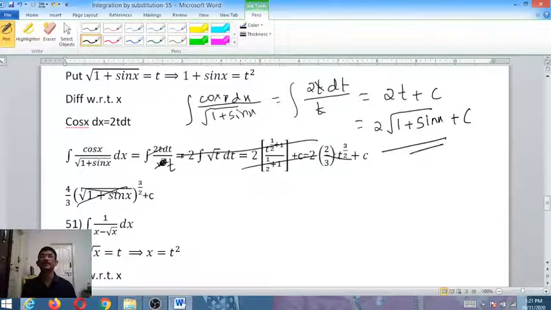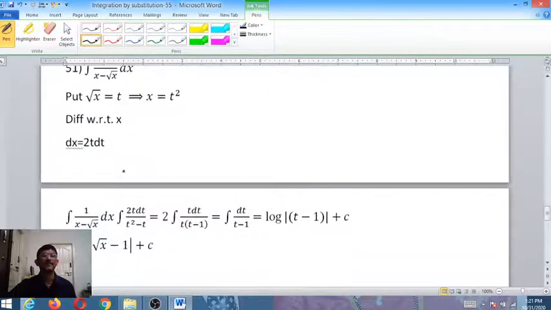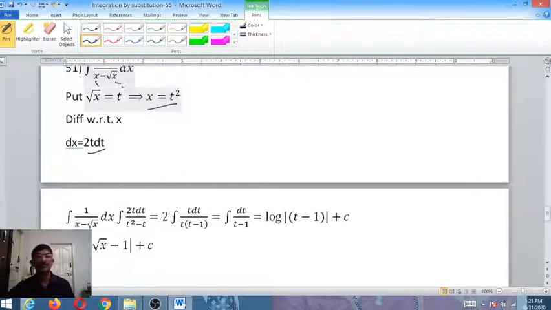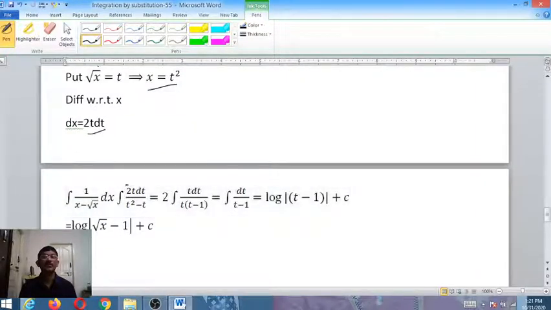Simple answer. Okay. So these are complicated. We should take t, not root t. Come to this problem. Again, look at it. Root is there. You take root x equals t. Squaring both sides, x equals t square. So wherever x is here, put t square for x, and for root x put t. We need dx, so differentiate x equals t square with respect to x. dx equals 2t dt.